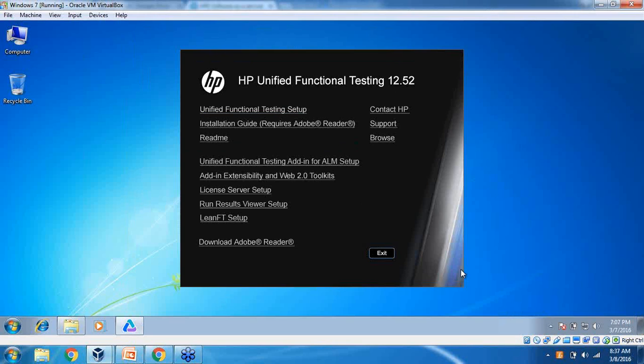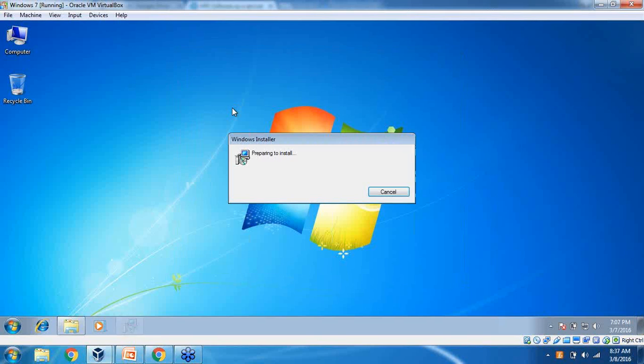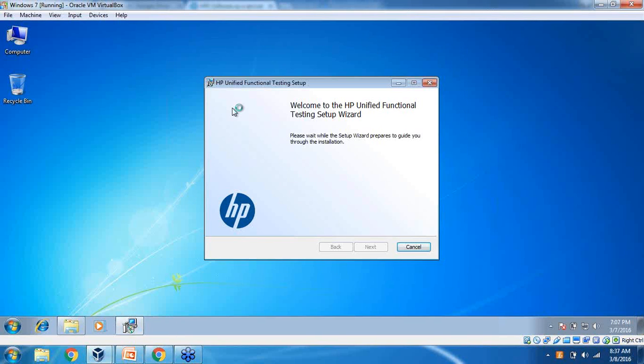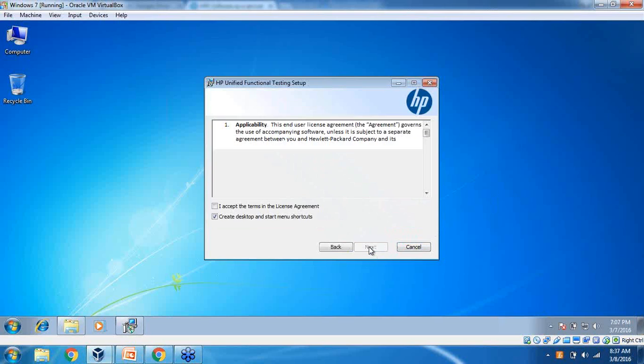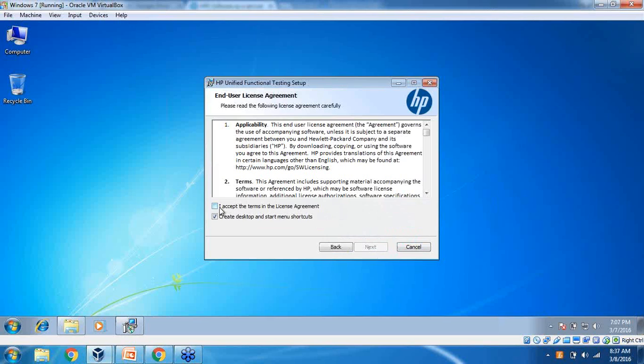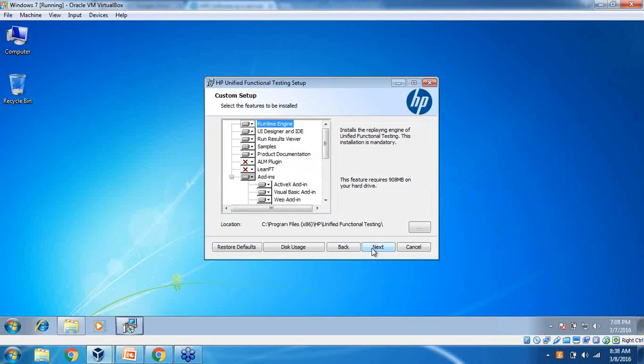You'll find this pop up with different menu options. You have to select the first one, Unified Functional Testing setup. If you click, the testing setup wizard will open and guide you through the installation. You have to accept the license agreement so that this next button will be enabled. If I click next,